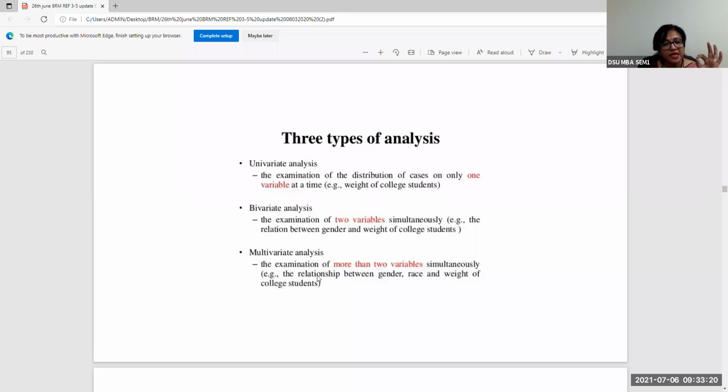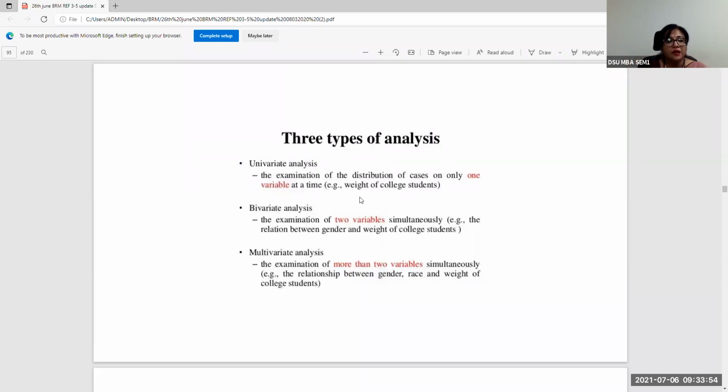What is a bivariate analysis? Bivariate analysis is the examination of two variables simultaneously. So you can examine it like a cross tabulation. We will see some examples in a little while. When you're doing a cross tabulation, in a tabular form, it is two variables at a time. So it could be something like gender and weight, or say gender and income of a person. So you could have rows of gender and columns of income, and you want to find out how many people there are for male in the first category of income, second category of income, third category of